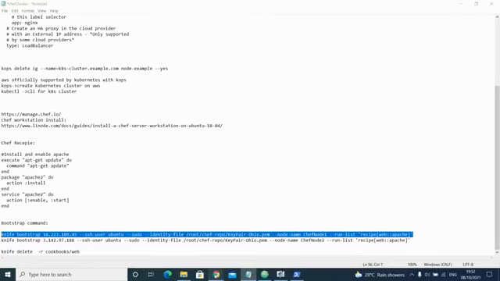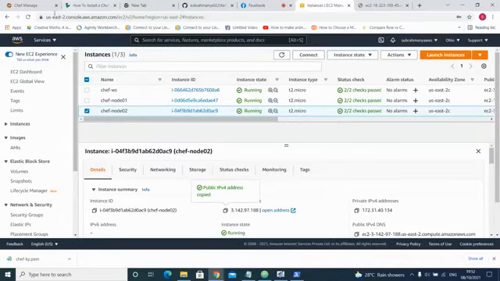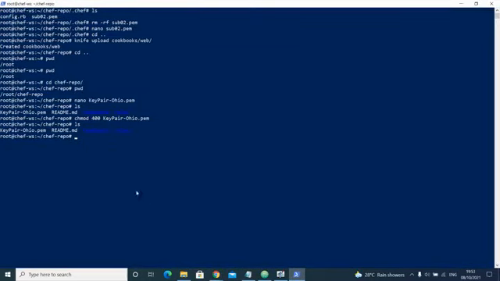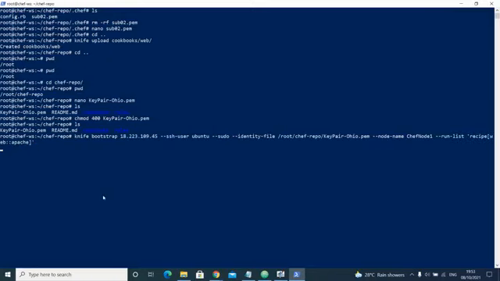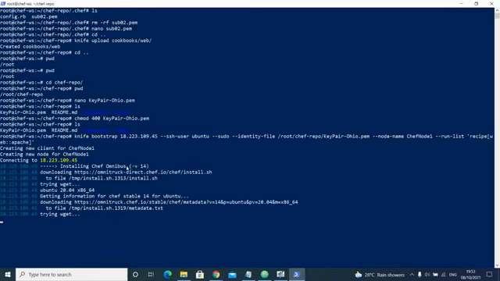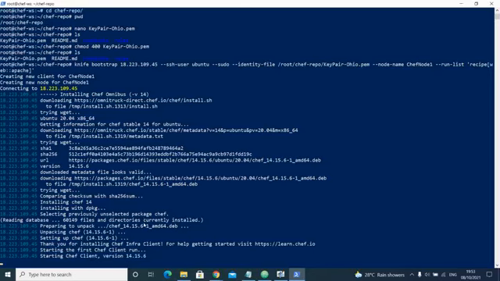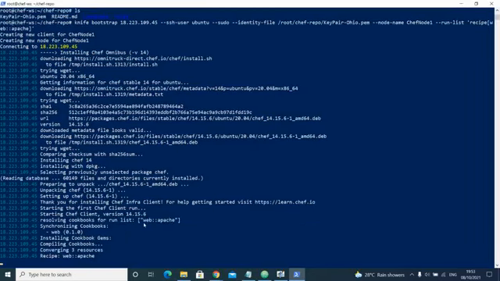Okay, now if you see Chef server, all details are present in our Chef server, which is nothing but this one, hosted Chef server. All recipe details are present here. Now I have to run that command to install Apache Web Server using Chef inside my Chef node 1. I will run this and press enter. Yeah, everything is going well. Now everything is unpacking Chef, so I'm running this command.